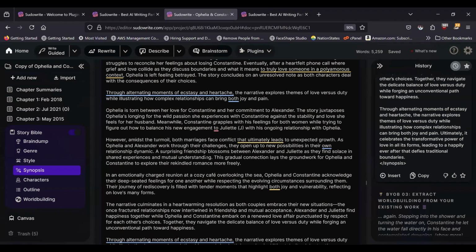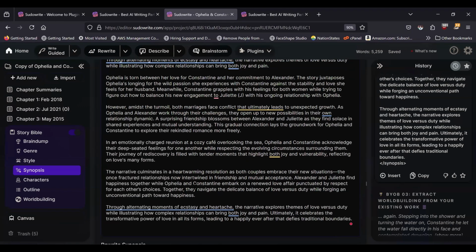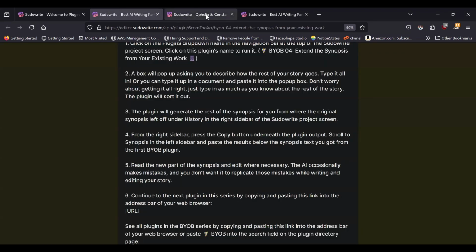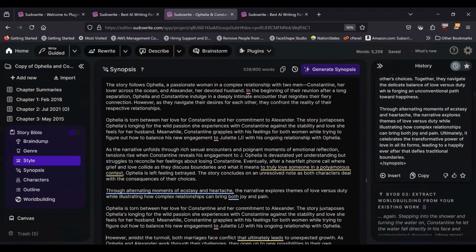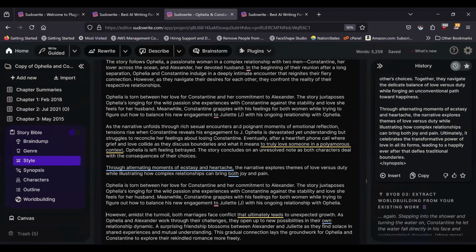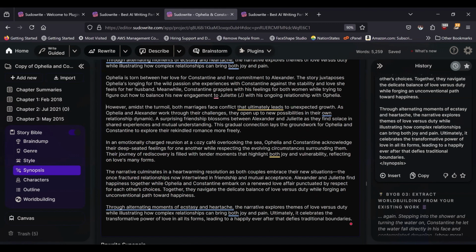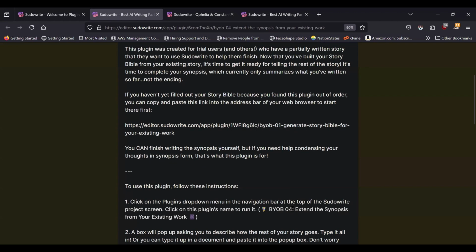You could probably delete that, and this would make a good rest of the story. So we just took the user input we gave it about how we want the story to end, and it came up with the rest of the synopsis for us. This isn't the most detailed synopsis it could have created, but if you didn't want to worry about that, you could just go ahead and continue to the last step here,